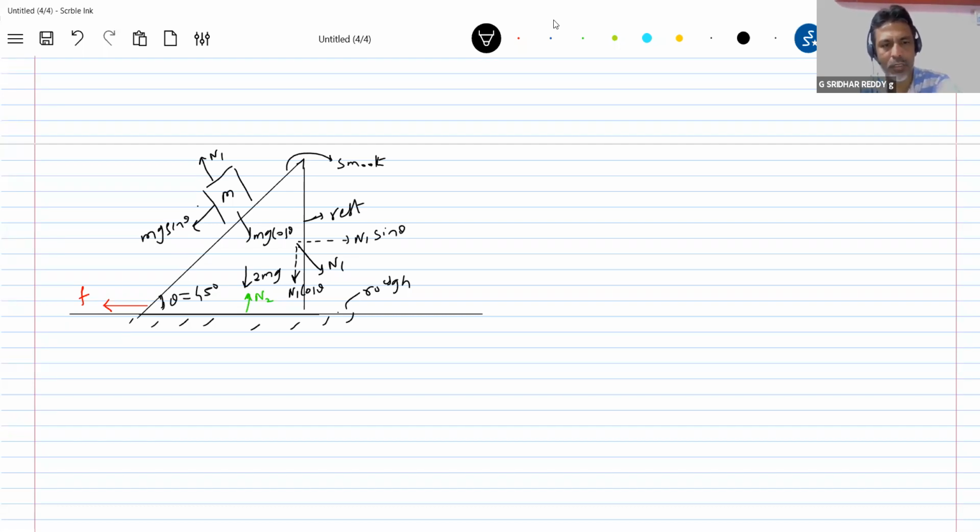So forces acting. First, what is n1? What is the state of block? This block can slide. We are not bothered. But still, this will have acceleration. Let's not bother because this is smooth, no? Because of m1g sine theta, it will slide down. But still, n1 is equal to, or say like n is equal to n1 equal to mg cos theta.